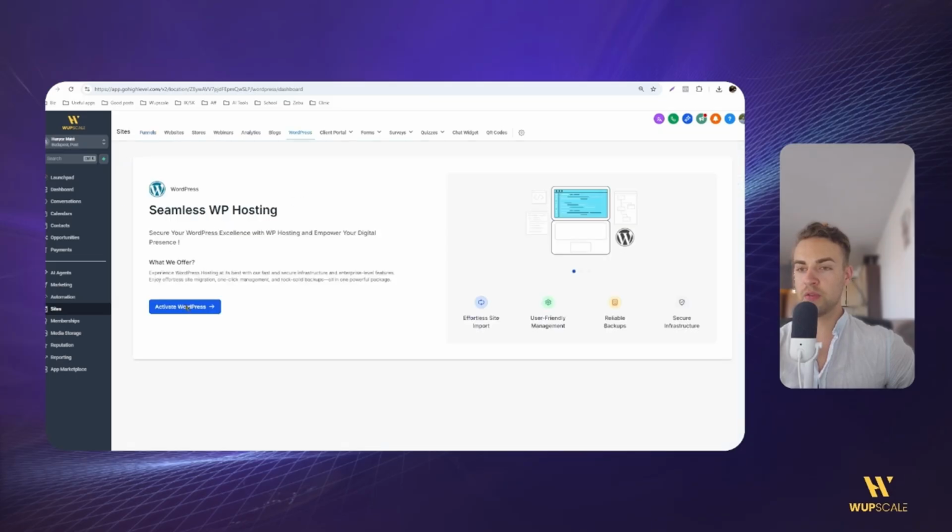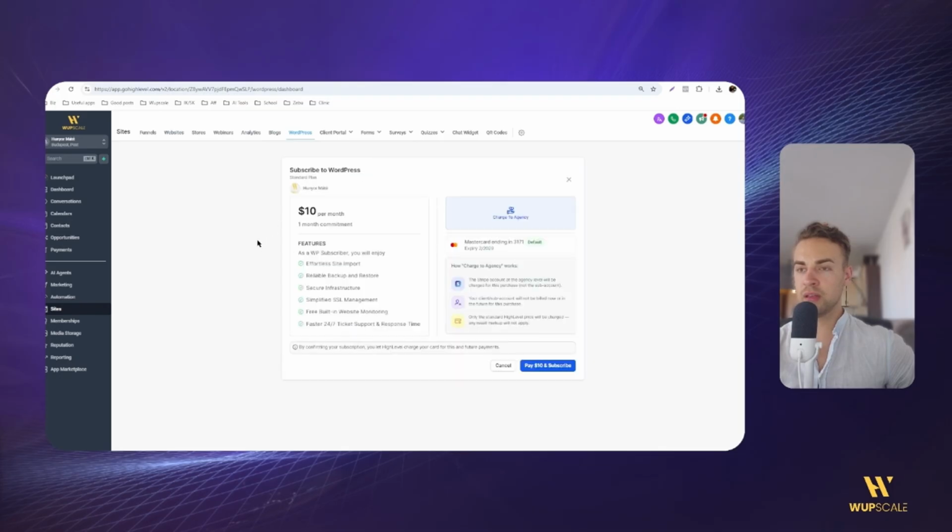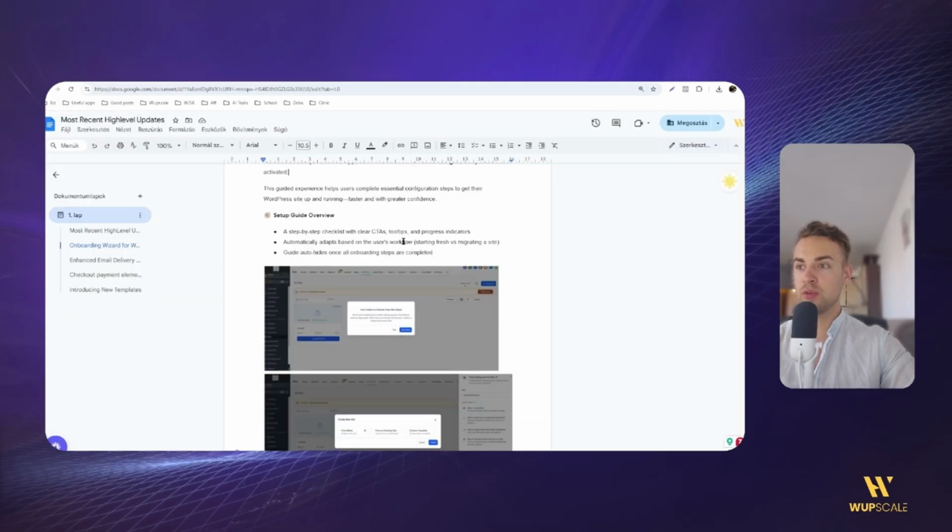You can activate WordPress, and then depending on how it's set up, it's going to be either $10, or me as the owner of the agency, I can charge to an agency, or as the agency owner, I can also update the pricing for the sub account. So I can charge $20, but you basically just need to pay and subscribe. And once you do, it's going to have the same step-by-step